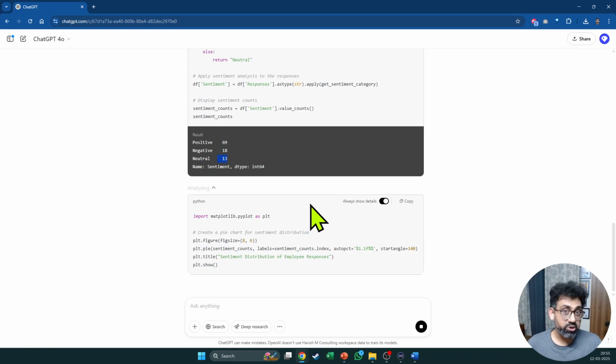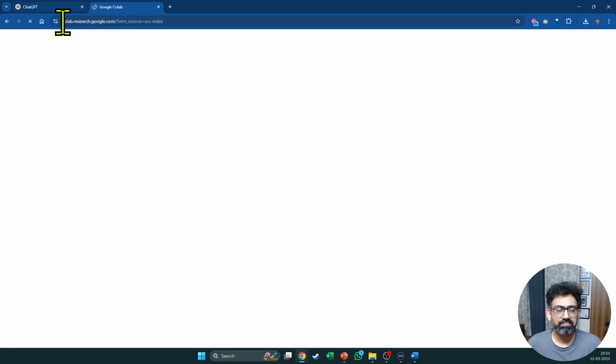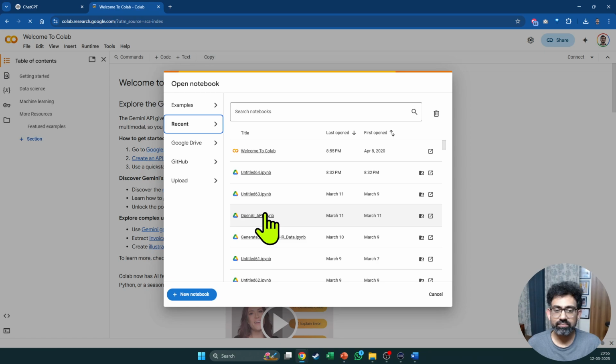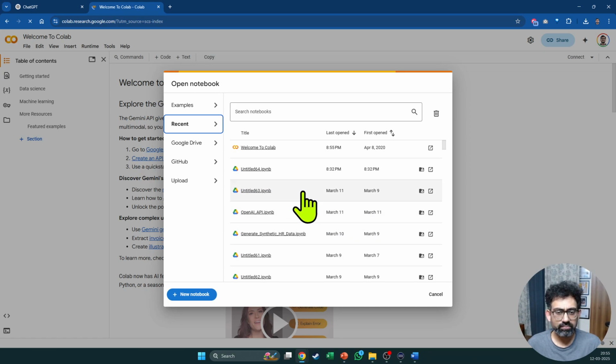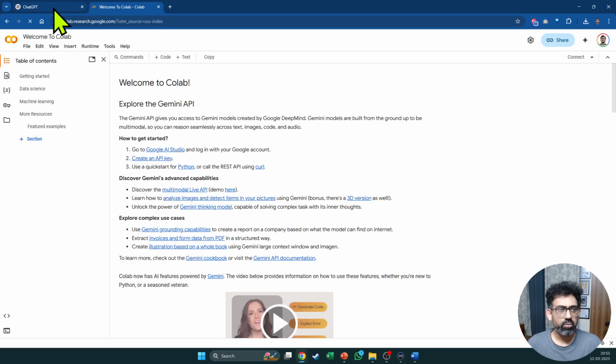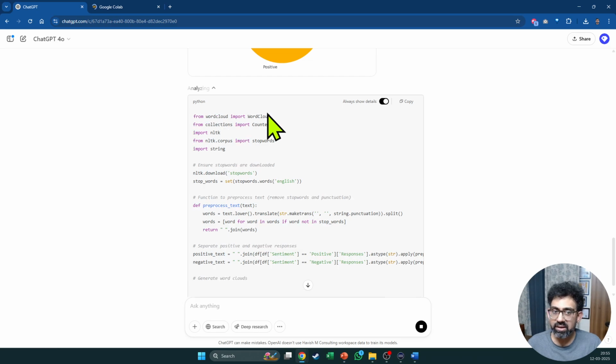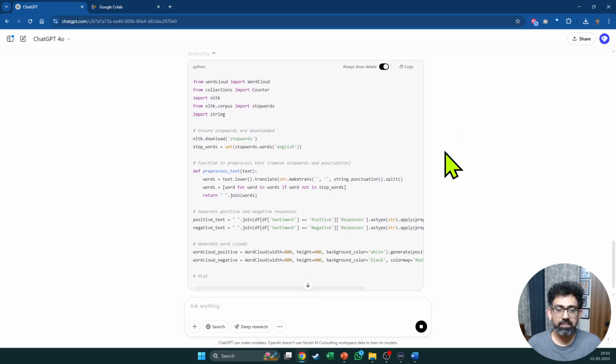Then it is creating a visualization using matplotlib. Let me also open Google Colab in the meantime. New notebook. As you can see, it creates a pie chart for us, sentiment distribution. Then it imports word cloud, and as you can see,